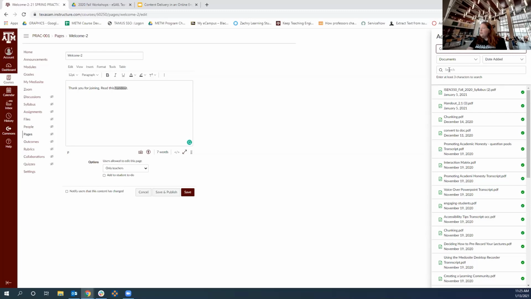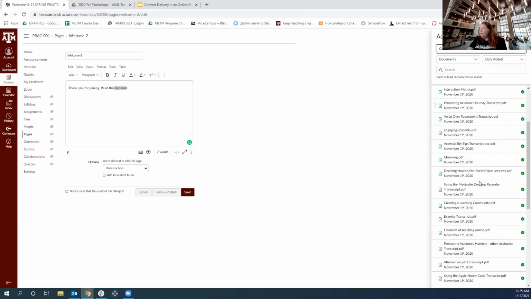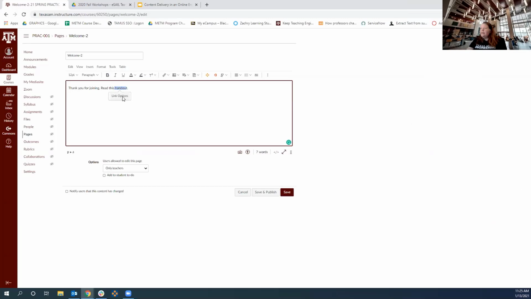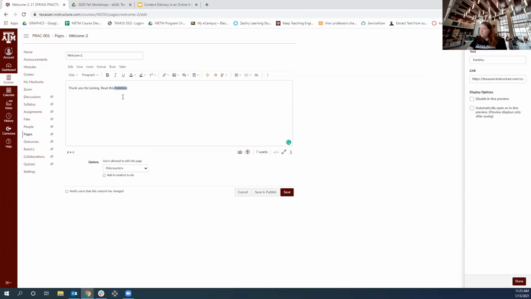Once you scroll through and find the document you want, you just click on the document. And then you'll see it highlighted in yellow, so that means the link is there. And then I'm going to click out of that add menu. And so now I see link options. And then of course, I can come here and fix it.